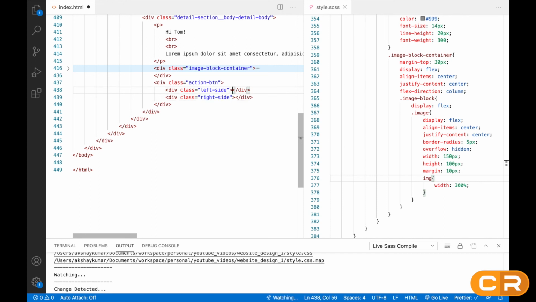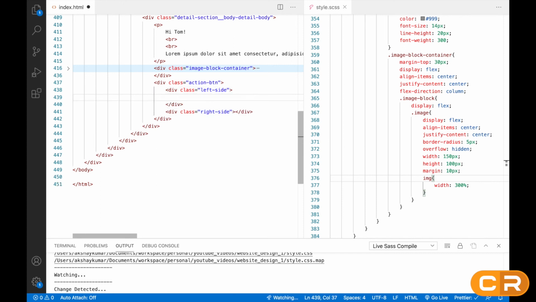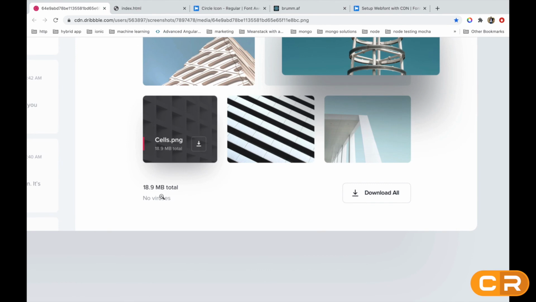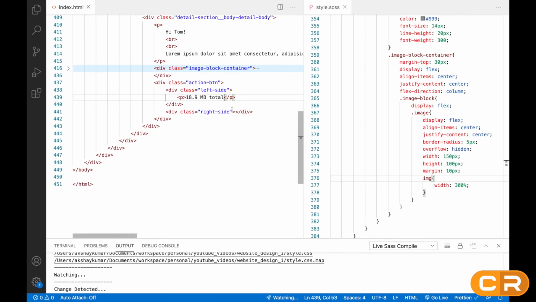Inside this first div, we'll create a p tag and write 18.9 MB total. I'm just writing what they write. After this I will create one small tag and write no viruses.